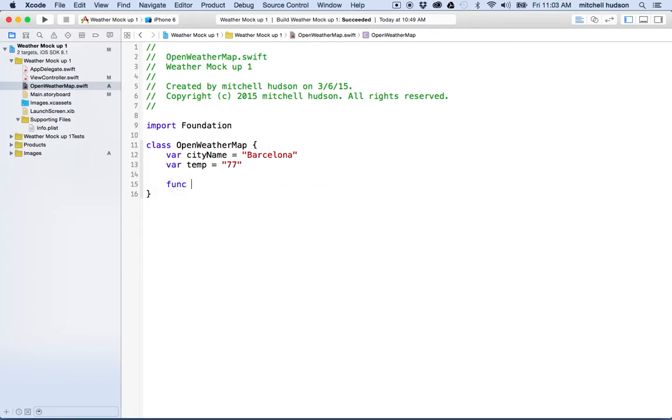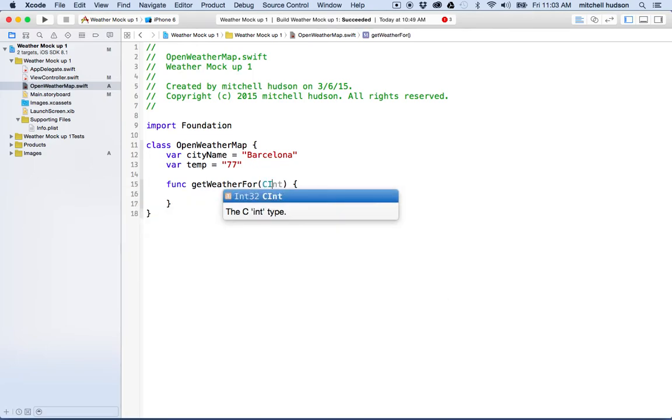So I'm going to use the function declaration here and say getWeather for, and I want to get weather for a city. So I'll say city, and that'll be a string. And so this function takes a parameter called city, which is type string. And this string hopefully will be the name of a city that you're looking for the weather,